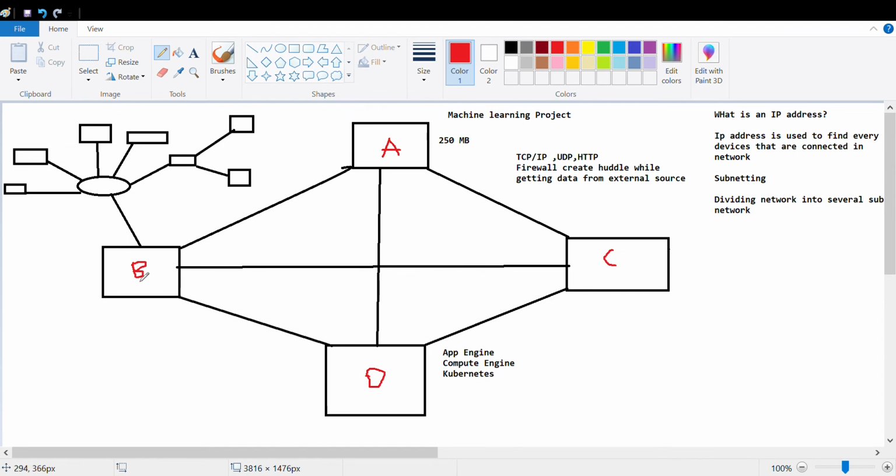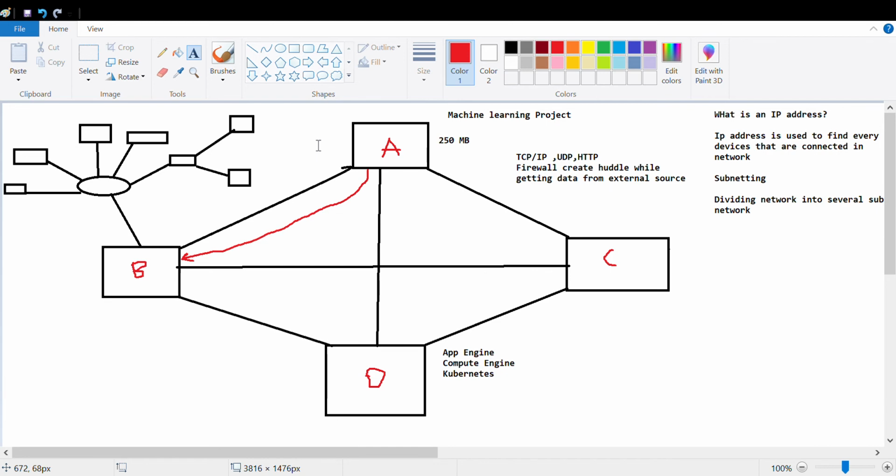Directing the traffic means sending the signal. If A sends a signal to B, it means it is directing the traffic.